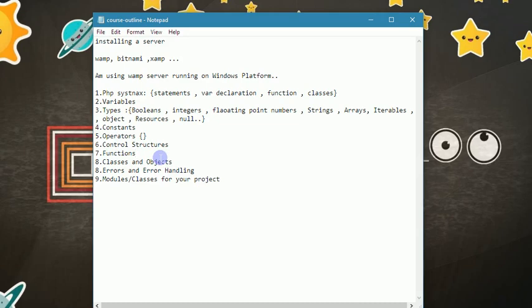We shall also cover functions. What are functions? Functions describe how to perform a task. They show how a task is to be performed. We'll also cover classes and objects, error and error handling,